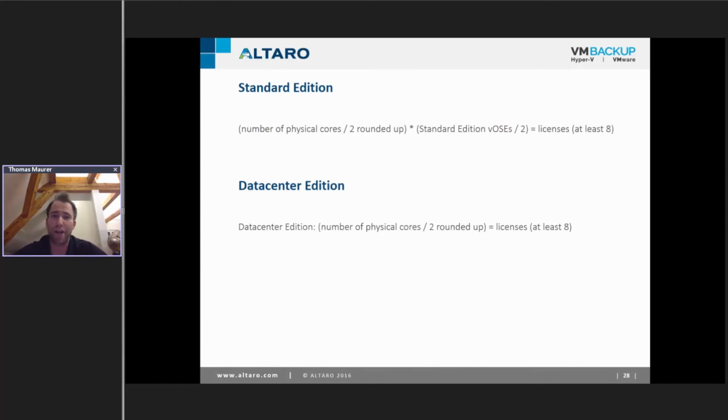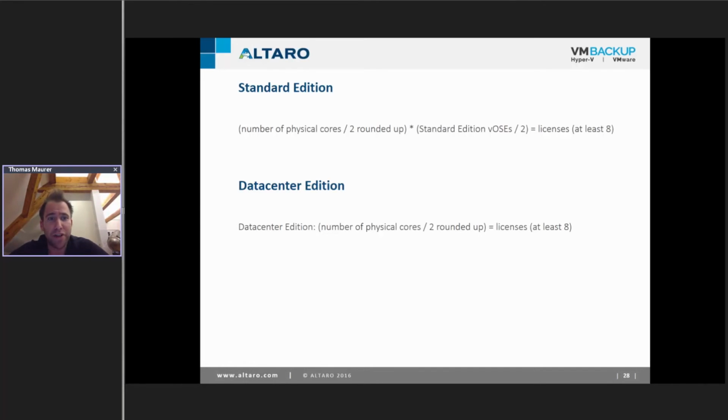So how do I calculate what I really need? We have this calculation here, which really helps you to calculate. I said that both editions come in 2-core packs. So I'm always talking about using 2 cores in one license piece.